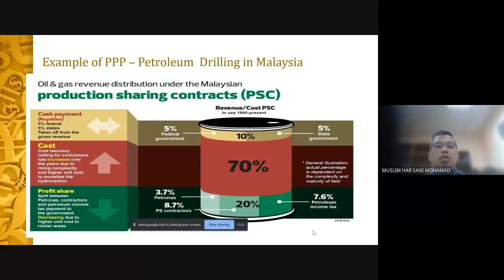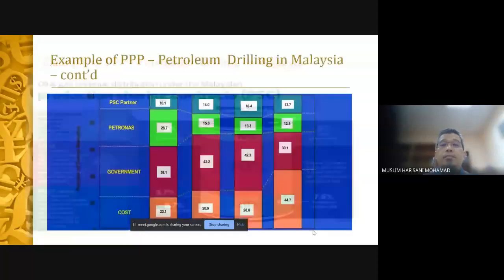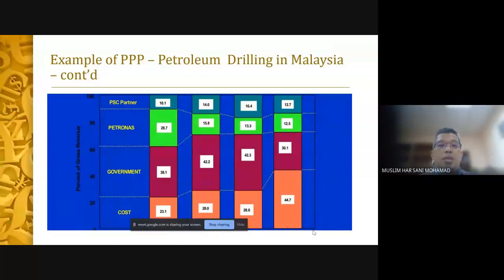If you look at the cost, one thing you have to recognize is that this cost is basically shared with the private sector. Of course, they can cover that through the revenue. And the federal royalties are like a fixed cost from this drilling of petroleum. I think this is over time, in terms of the sharing of gross revenue.